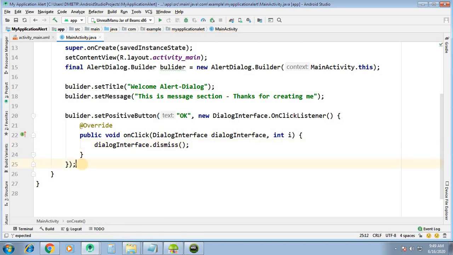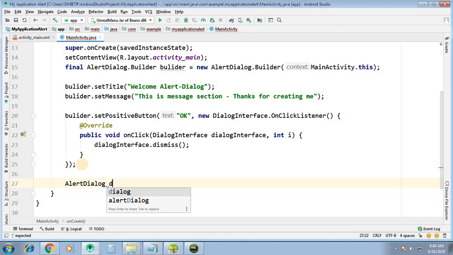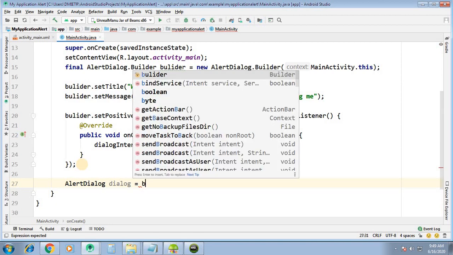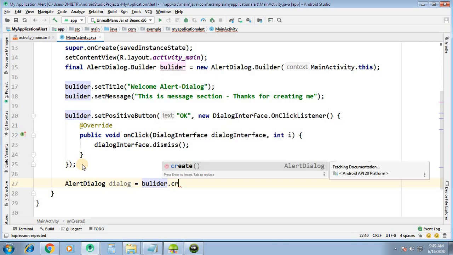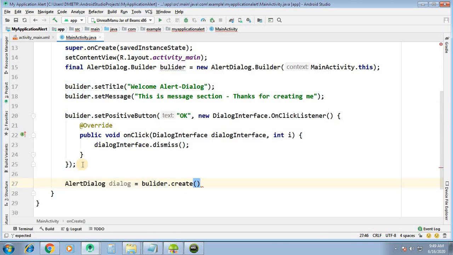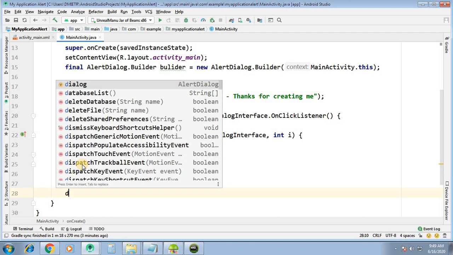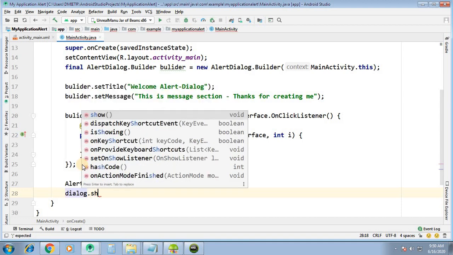Here we need a semicolon, and then at the last, AlertDialog, for example dialog = builder.create. And then at the last we have to show the dialog object, dialog.show.